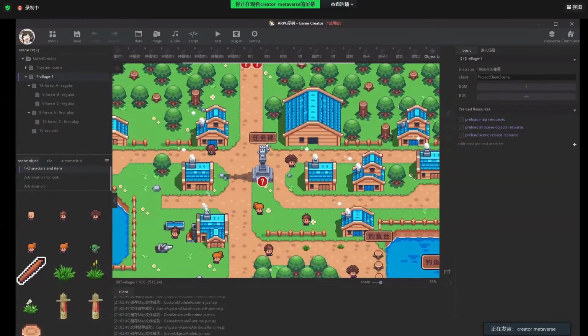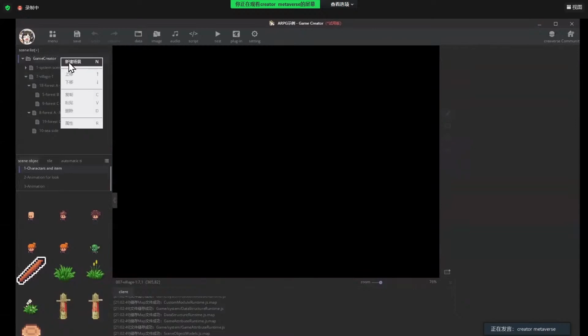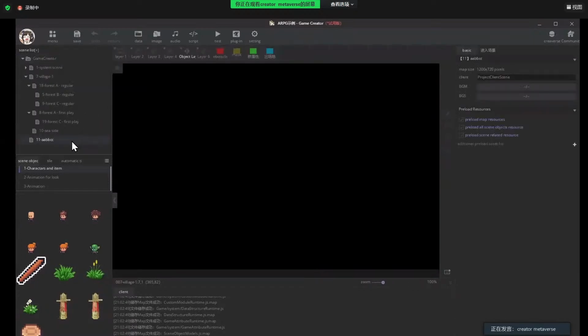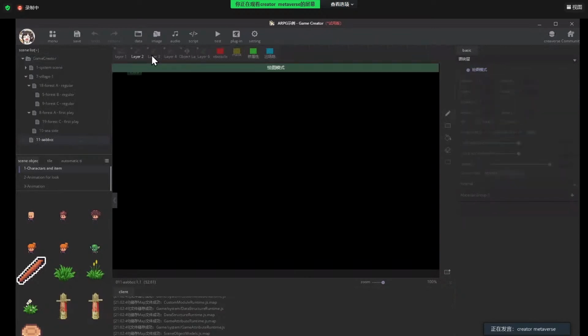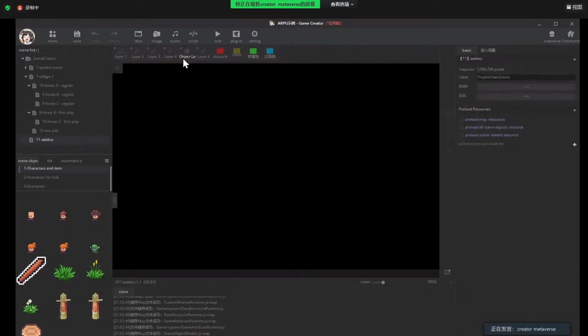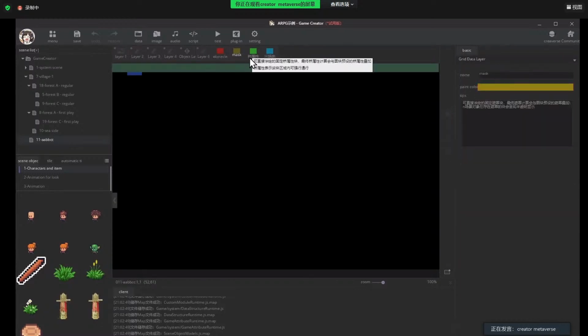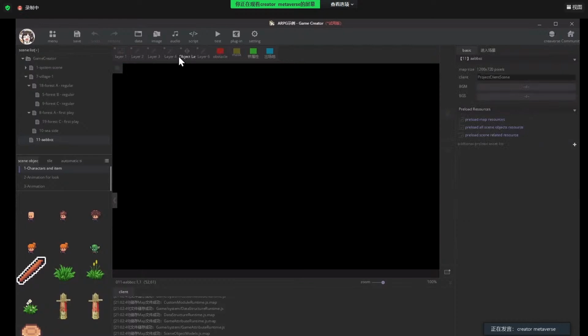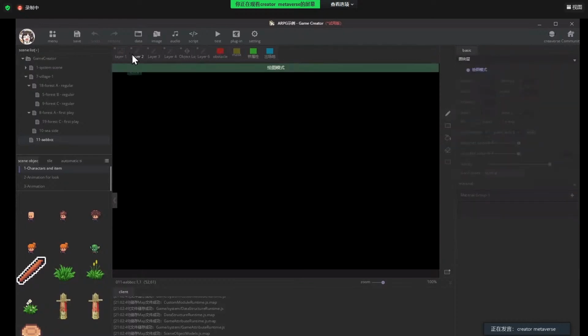And now I'm going to brief you on the drawing system of Game Creator. Let's go here and create a new scene. AABBCC, let's randomly name it. And you can see there's a layer 1, layer 2, and layer 3, and object layers and others, and obstacles, masks, and bridge, and appears. So this is pretty familiar, like Photoshop, this software has the layer concept. So let's go with the layer 1.